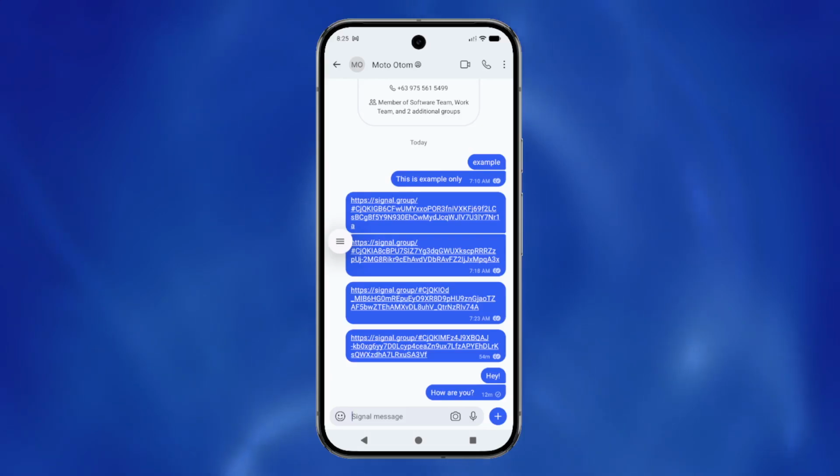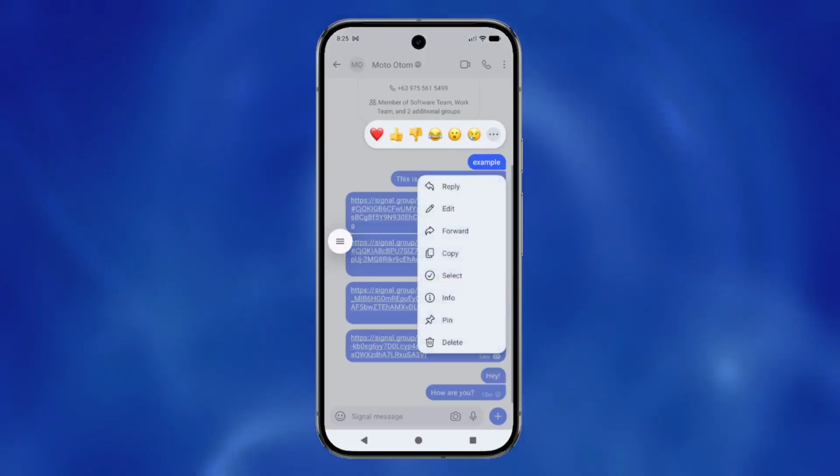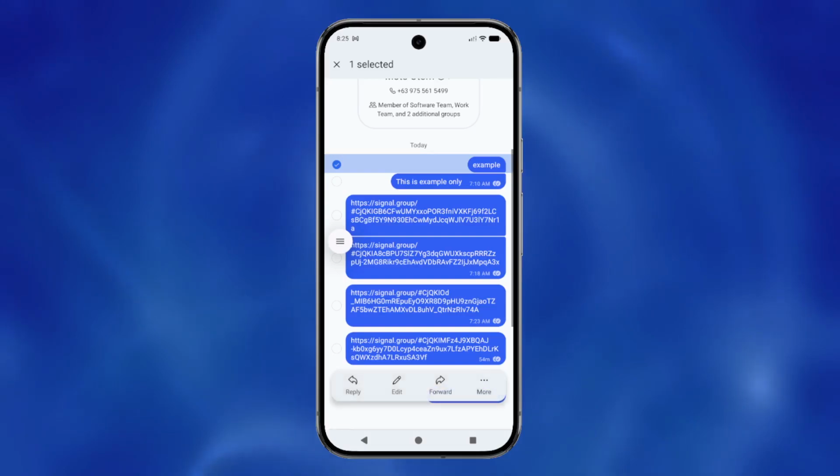Here's where the actual copying process begins. Find the first message you want to copy and long press on it. When you do this, a menu will appear with several options. From this menu, tap on Select. This action puts Signal into selection mode, allowing you to choose multiple messages at once rather than just copying a